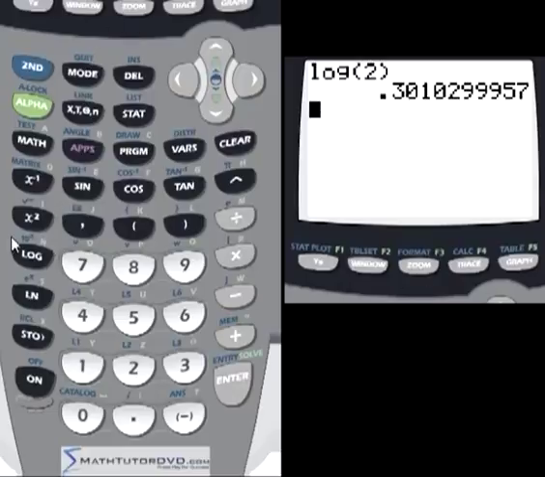Notice here on top of the log button is a 10 to the x, and that is up here because this is a base 10 logarithm, and 10 raised to the power of something is the mathematical opposite of doing the logarithm. So if I wanted to check this, I could hit this, and that would say 10 raised to the power of, and let's say I want to raise it to the power of my answer. So instead of typing it in, I'll just hit answer, close the parentheses and hit enter, and I should get the answer 2 back, which is exactly what I expect, because I told you logarithm, what it's